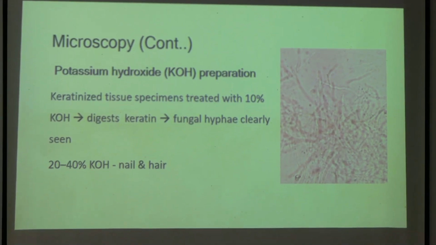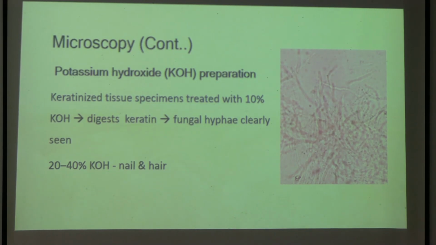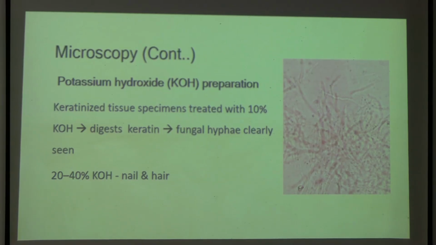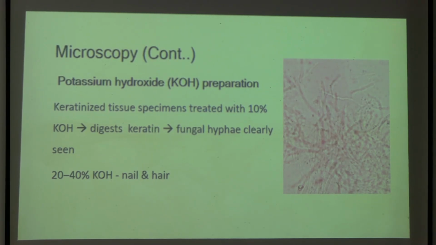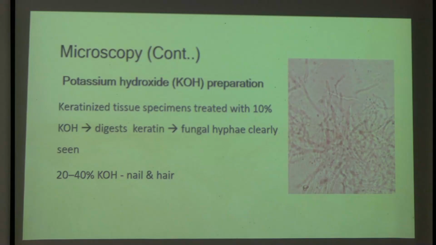Depending on the type of tissue, we decide the percentage of potassium hydroxide. 10% is mainly used for skin, where very few keratinized cells are there. For thicker tissues like nails and hairs, we go for a higher concentration, so there you need 20%. Sometimes you need to keep the sample in potassium hydroxide overnight for tissues like nails, or even half an hour to 1 hour for skin scrapings, and then you can focus it under the light microscope. So this is direct under the light microscope.